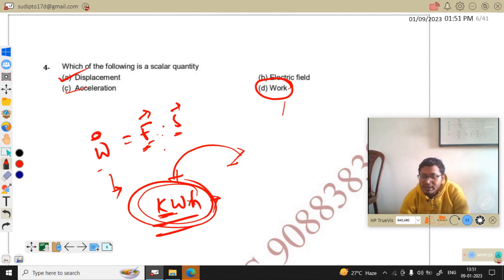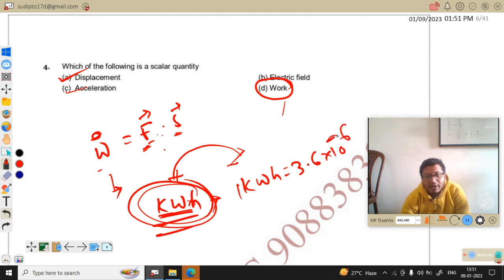Work done is converted into two types of energy: kinetic and potential energy. So this is the unit of work done. We know that 1 kilowatt hour equals 3.6 into 10 to the power 6 joule. Okay. Next,